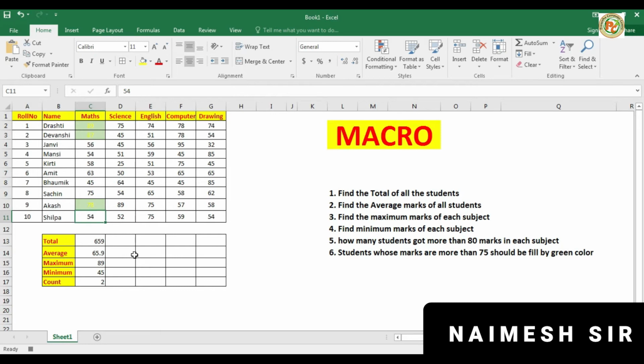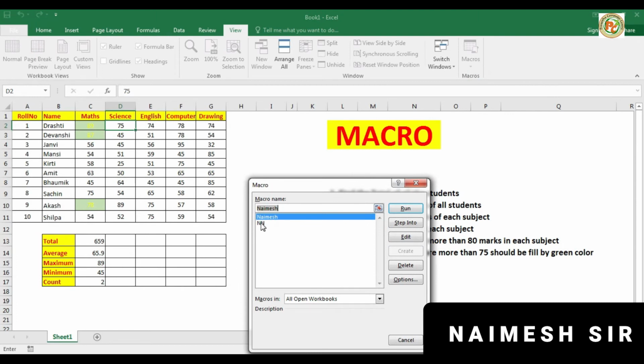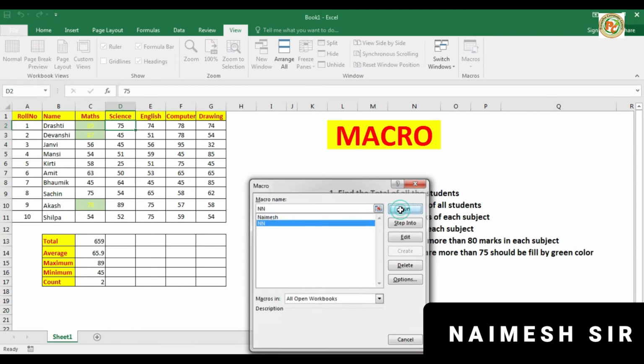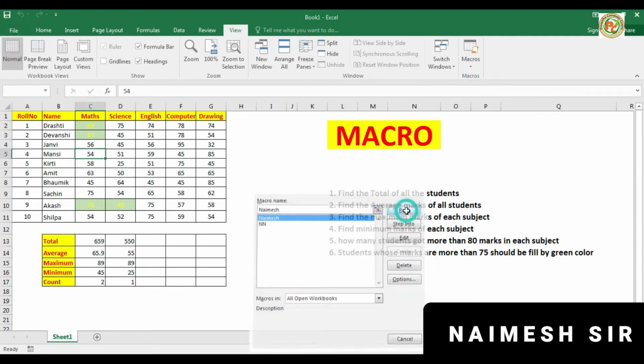Now we want to apply the same task for this, but before we proceed we will stop the macro. Yes, it is stopped. Now we want to apply that. So again click on this second subject, click on view macro. Here the new macro we have created, and click on run. You can see it is automatically created. Now the same task we are going to perform. Click here, view, view macro, and click on run.